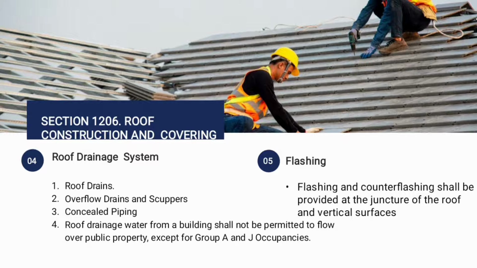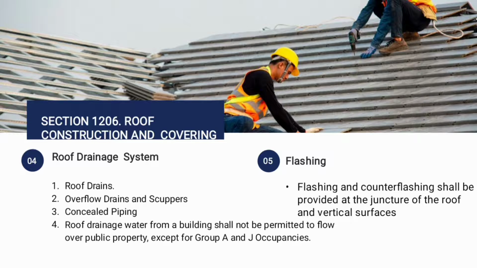And then, concealed piping. So the roof drains and overflow drains, when concealed within the construction of the building, should be installed in accordance with the provisions of the National Plumbing Code. And then the roof drainage water from a building shall not be permitted to flow over public property